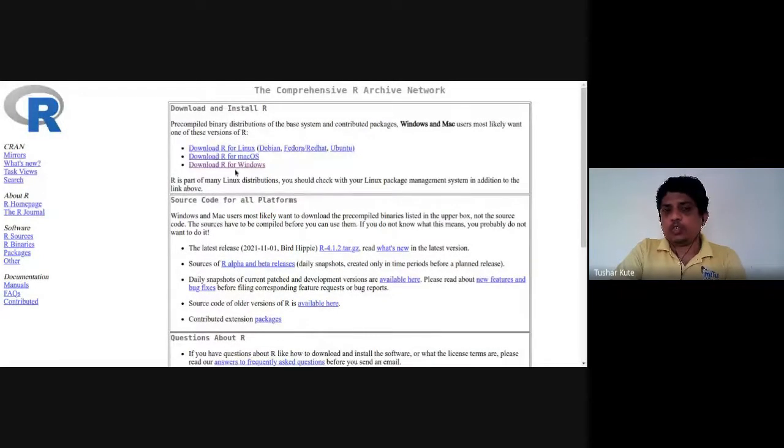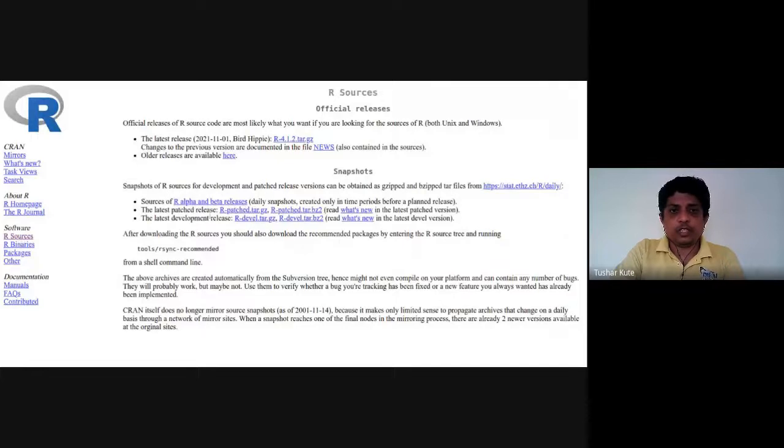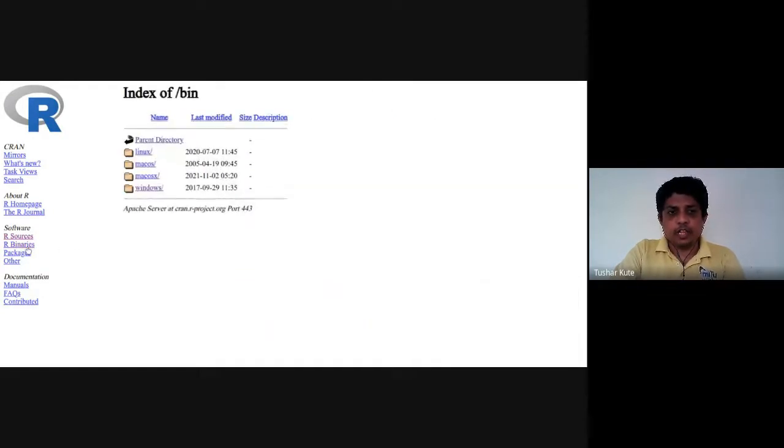As I told you, it's open source. You can see the source code of it from this location. The tar.gz files are present here, so you can see the source code of it, designed using C and C++ libraries. Here the binaries are there, executable files for all kinds of operating systems. You can just download from there.